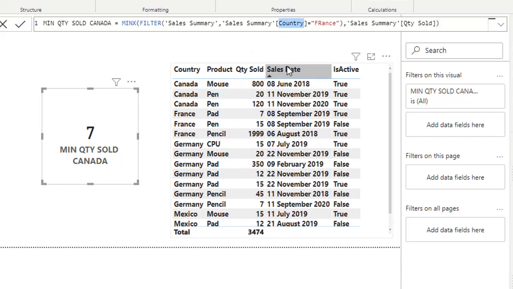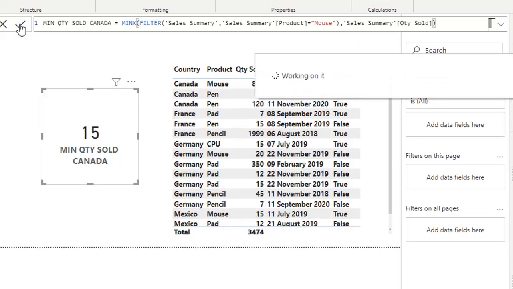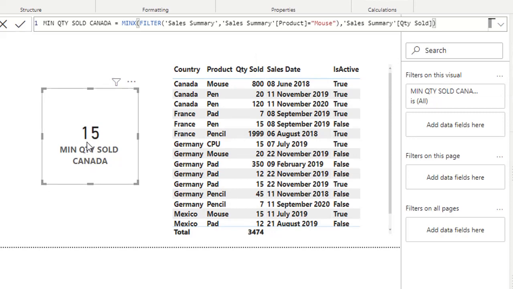So rather than country, product, then mouse, and quantity sold. Now execute. So this is 15 for the mouse.